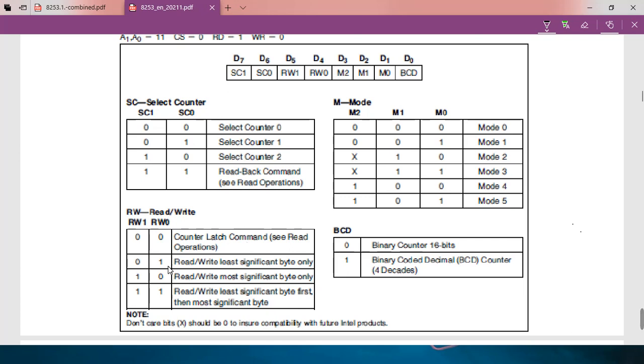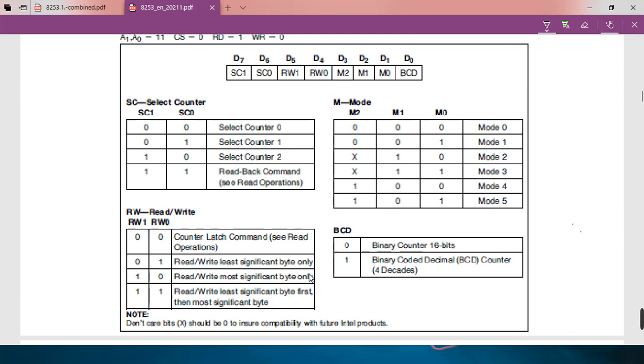When it is 01, then we can read and write least significant byte, because the counters that we are discussing in this, it is having 3 counters or timers, and each timer counter is of 16 bit. So in order to write the data on the counter, you can write either 8 bit at a time,